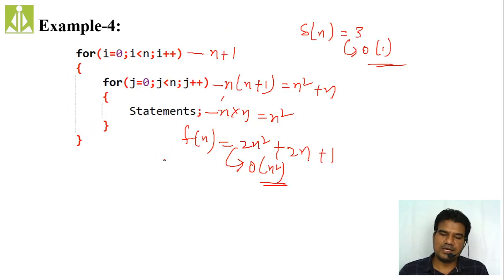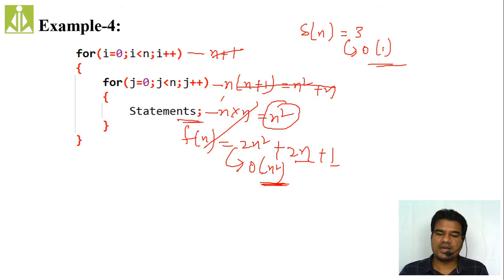So likewise here also you can omit this as well as this entire thing, and you can consider only this particular thing. So our function will become n square and our order will become order of n square, because whatever other parameters we are getting in our function, they are not affecting our order. What is affecting our order is the most internal statement. If it is n square, we are getting order of n square.